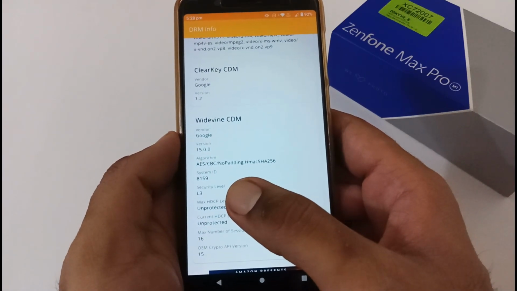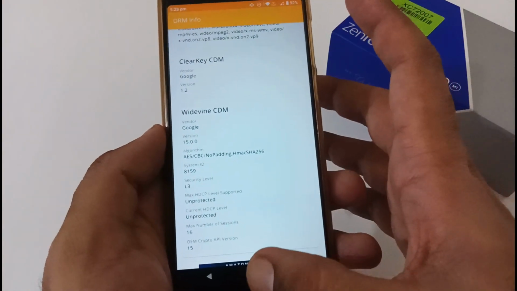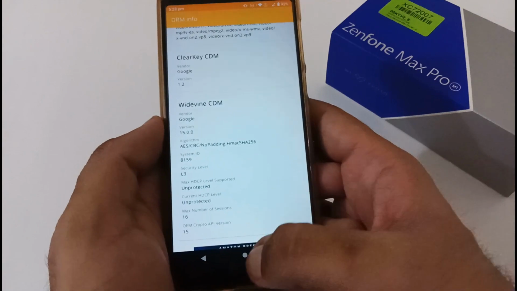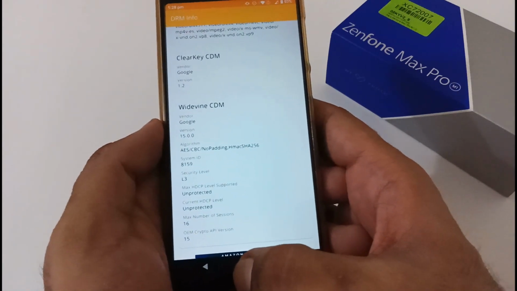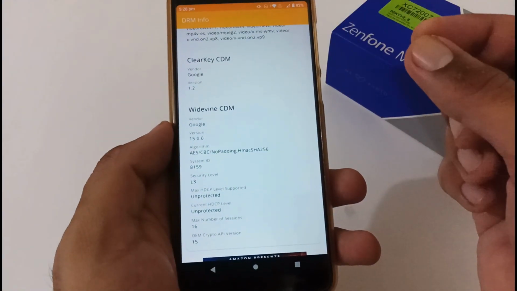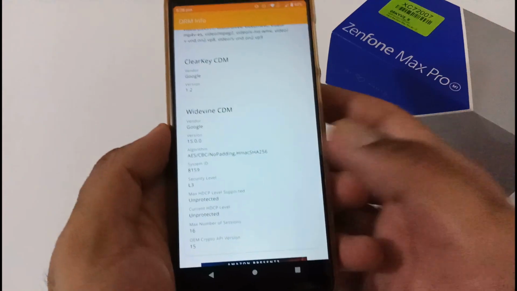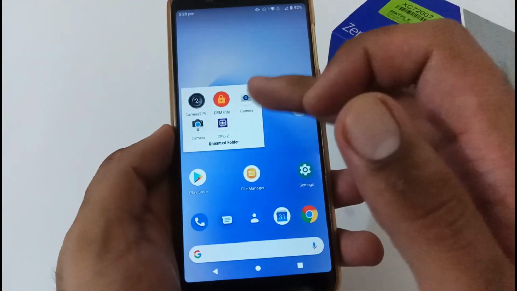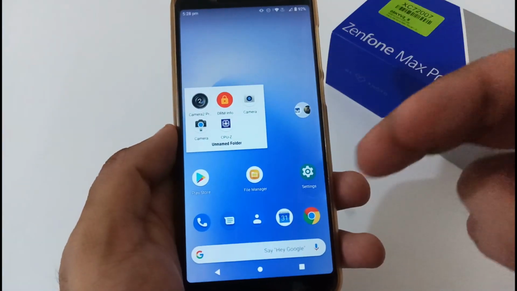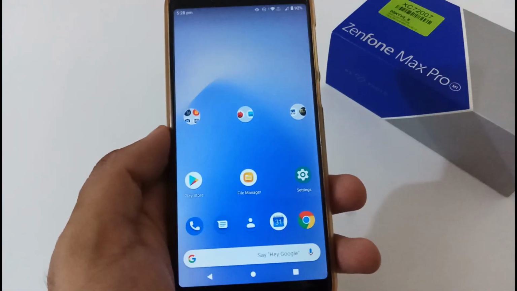Then the security level or Widevine certification at my side is L3, and it has been persisting since the time I flashed the beta 1 version in custom recovery. But at your side it will be L1 if you follow along whenever you flash. But there is a catch. Once you flash this, you have to flash the firmware version 082, otherwise you will lose the Widevine certification forever. Apart from this, the stock camera is also the same Gcam. I have already reviewed it, and I'll provide you the URL in the description box below so that you can go over it afterward.